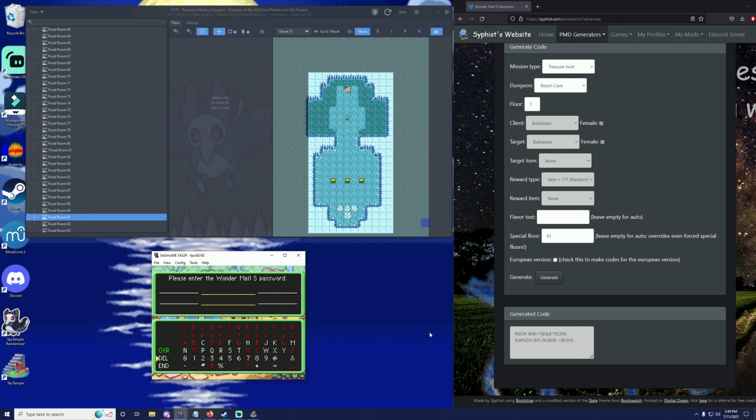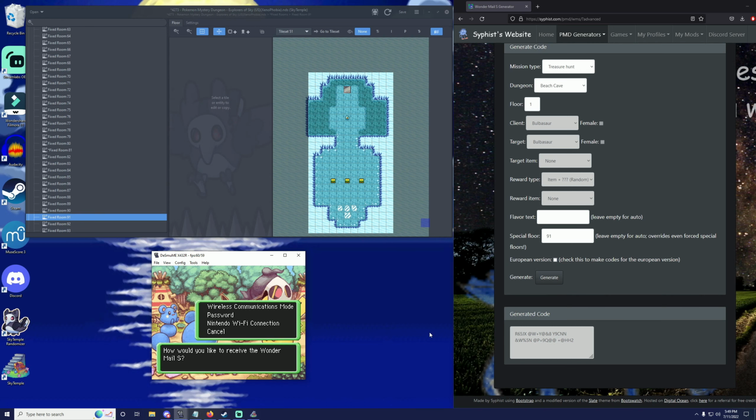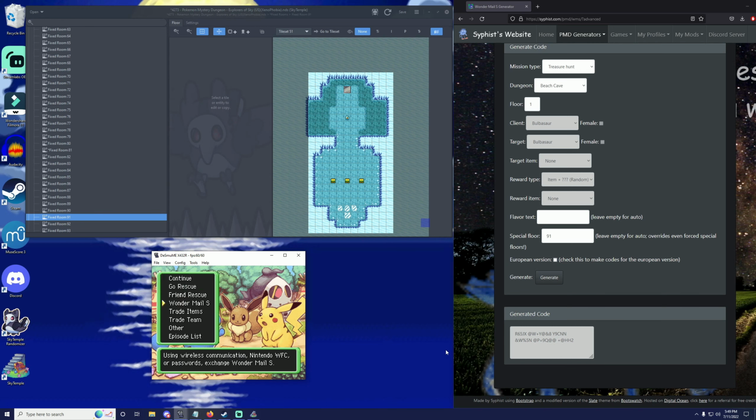Now, a misconception I didn't mean to start in my last video is you don't only need to do this with one dungeon at a time, or one floor at a time, rather. If you wanted, you could set a specific floor. You could set the same one, in fact, for all 4 floors of Beach Cave. And all you would do to do that is after you put in the first floor, you just go up here and change it to floor 2. You type that one in, floor 3, floor 4, and that's the last one you can generate a mission on